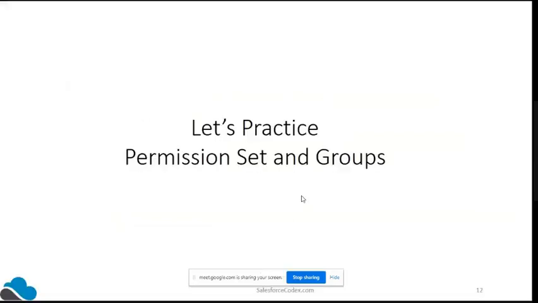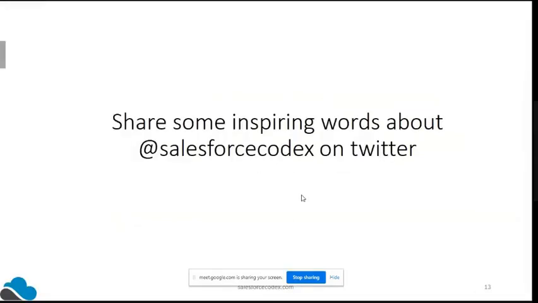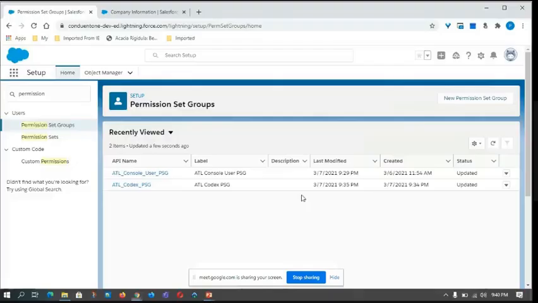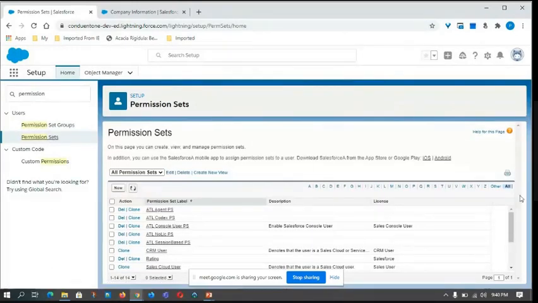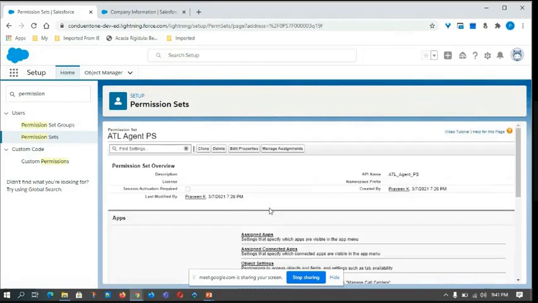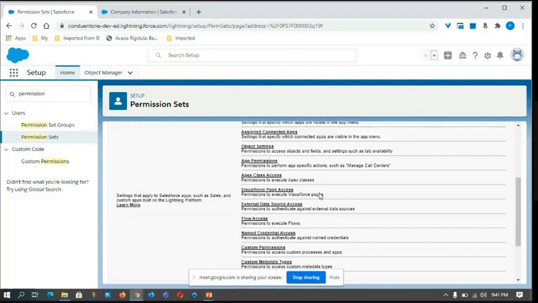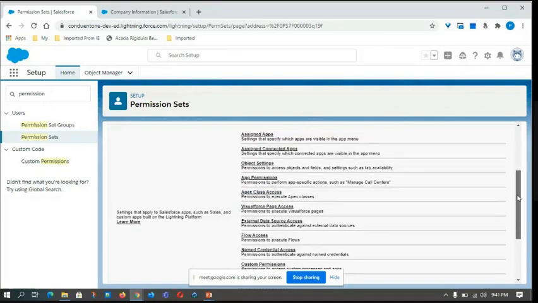Okay, that's good. Can you show that permission set home page where actually any of the permission set? So this is the home page for permission set. Any of the permission set, can you open that? There's a lot of options available. Any of the permission set, can you open? You want in detail inside? No, we just want to say what are these groups or the features on the permission set.